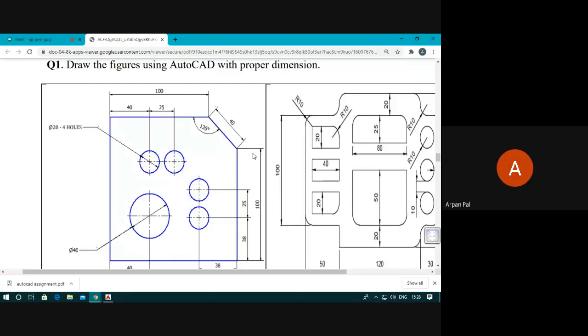For a circle, one cutting line is passed through the center, that is the symbol of phi, and R is the radius. That's why phi is the diameter. So 520 for 4 holes.